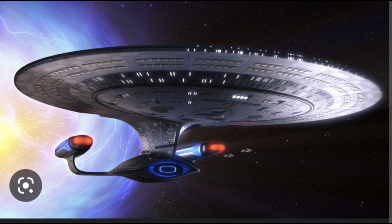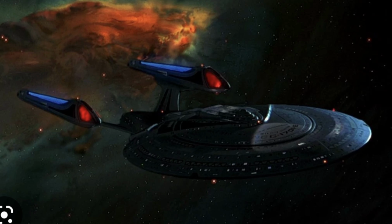Now let's get on to the top two. I mean, come on. Are you really surprised that this is so high on my list? Yes, the number two goes to the Sovereign class, Enterprise E, and it used to be my all-time favorite version of the Enterprise. But obviously, you know what number one is now, and I'll get onto that in a second. But yes, first scene in the best Star Trek movie ever made, and my personal favorite Star Trek movie,